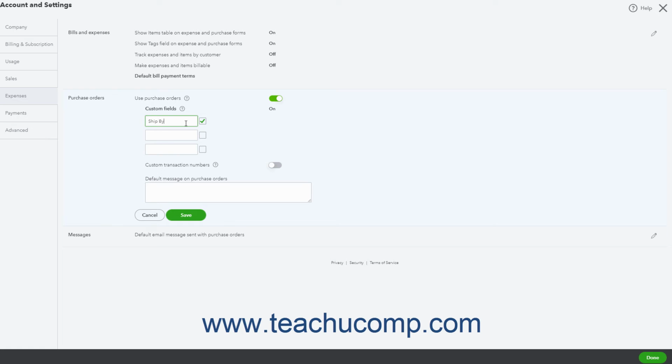This creates a field with that label in your purchase orders where you can enter information into the field. For example, you could add a ship by field to add a time by when to ship the items. Custom field names can only be up to 15 characters long and can contain field values up to 31 characters, including any spaces. To use custom numbering in purchase orders, click the Custom Transaction Numbers toggle switch to set it